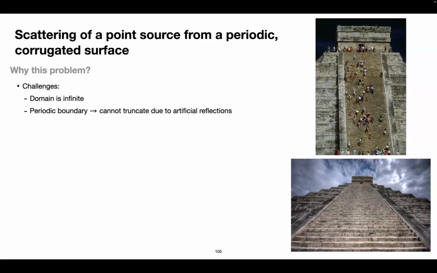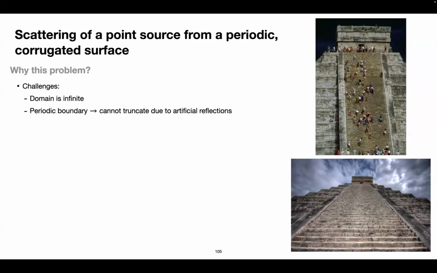However, for this sort of boundary that has periodicity in it, it's not a good idea to do that. And that is because it has been observed that sound and perturbations travel a long way across the surface. If you were to truncate the domain, then mathematically you would set the function that you're solving for to zero outside of the truncated area. And that numerically results in something called an artificial reflection. So for that function to be zero outside, numerically you will introduce a reflected wave. But that is not real because the domain doesn't end there.